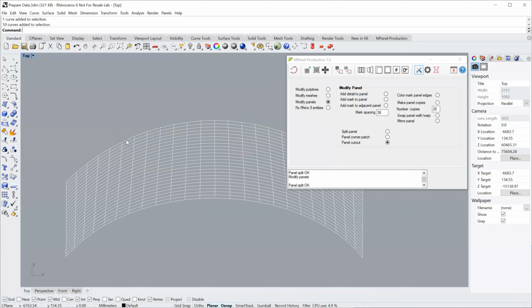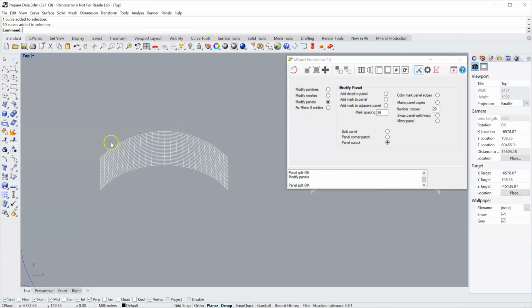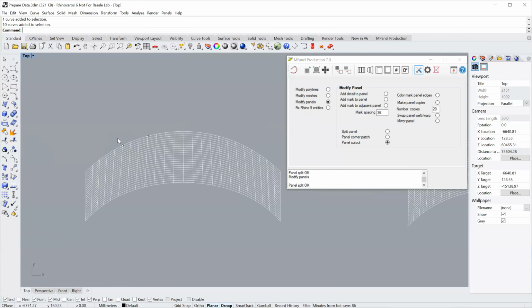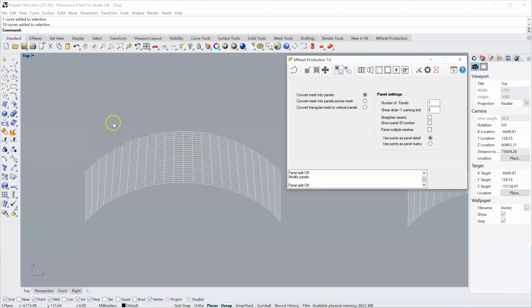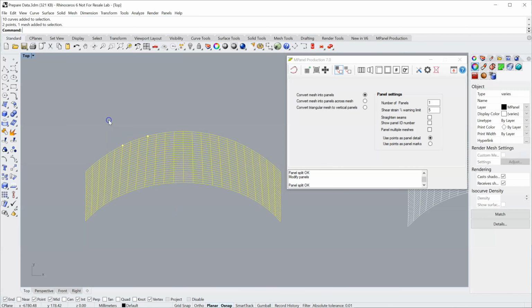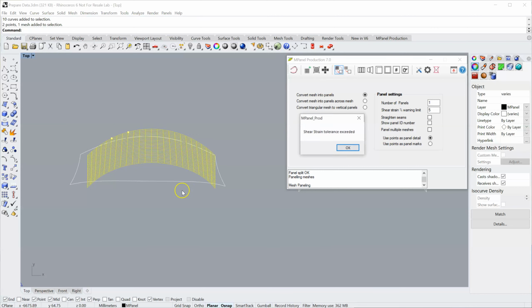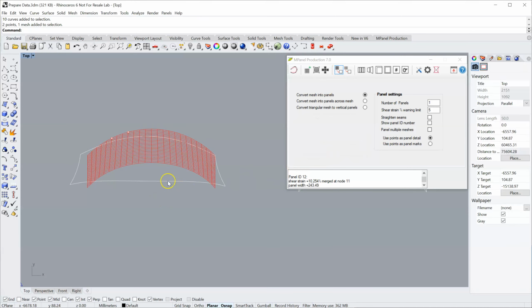If your measuring equipment doesn't produce points, or can't be set to produce points for these locations, you might have to have a polyline drawn across there, and you might have to put a point on the end of the polyline to get to that. Once we have those points of course in the paneling, so I'll just go ahead and panel that. Are carried across into the panel as detail marks, little crosses,